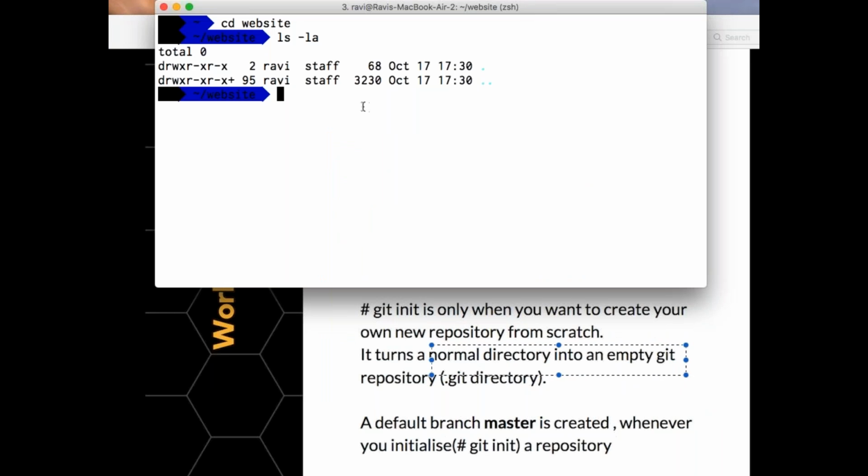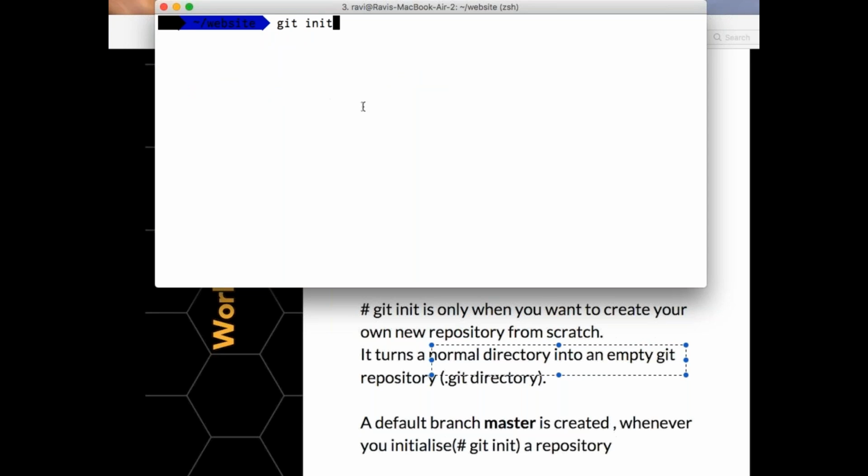So I'll go into this specific directory and I'll say git init. Whenever I say git init, it means I'm initializing this normal directory called website into my git repository.